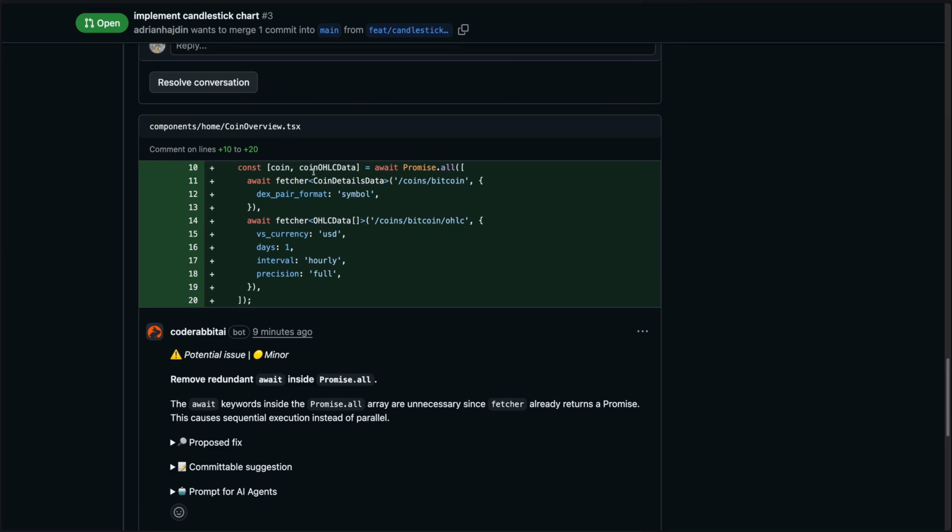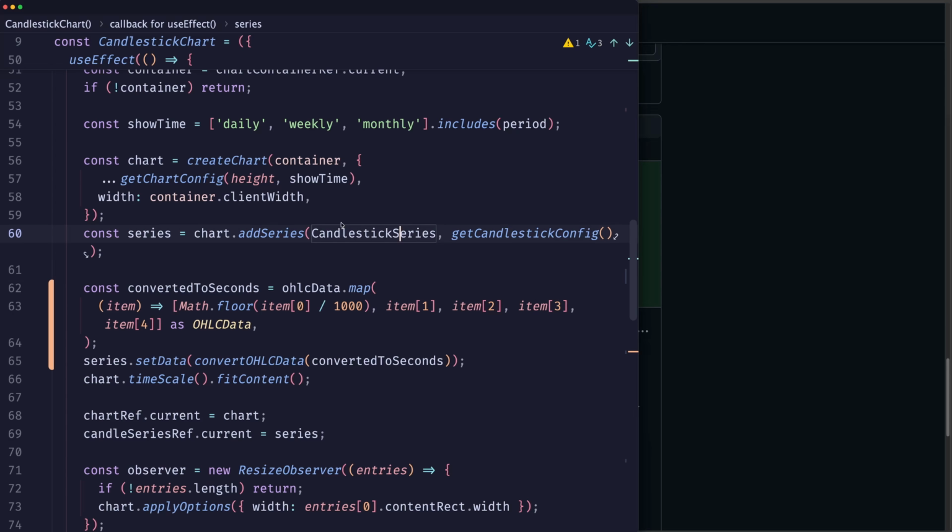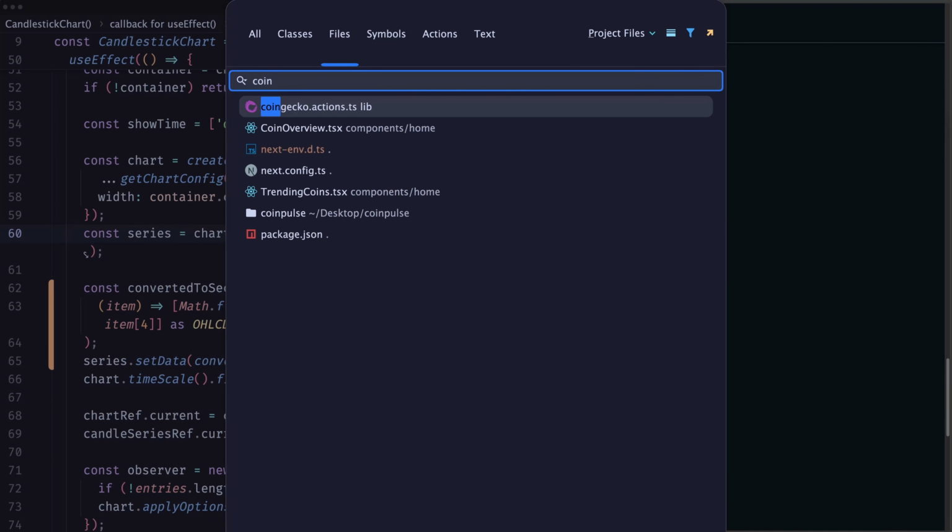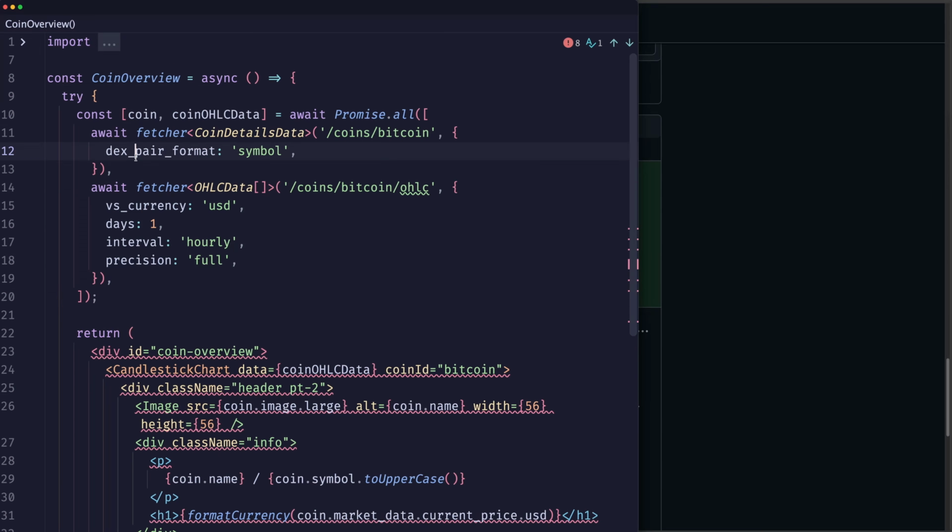And finally, there is one minor one. It is in the coin overview, saying that we can remove the redundant await inside of promise alls. Yep, this is amazing. The fetcher function already returns a promise, so we no longer have to add an await in front of it. So if I head over to the coin overview, we can just remove the await right